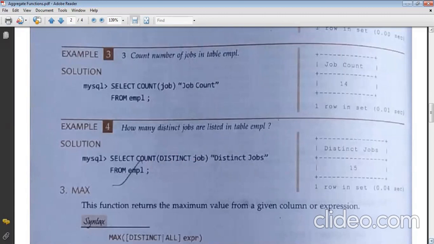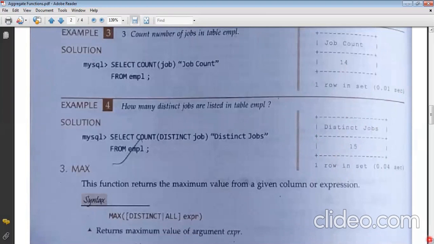One more thing, if you will see the output, this is completely wrong. If total job count is only 14, how could the output be 15? And as we have already seen, the output would be 3 because in my case only 3 or 4. In my case, I have only 8 rows, so the output is 4. In your case, where you have prepared the entire table, it would be 5. So this is wrong. That's why I'm saying do not blindly believe the textbook because there are so many things written inside. This is wrong.